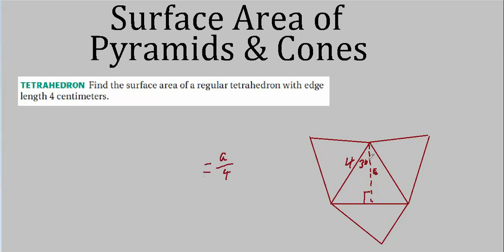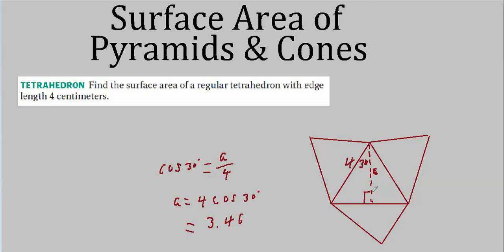Let's see here. Some old hippie. Sine, opposite over hypotenuse. Well, that's not going to work. Cot, another hippie. Let's see here. Cosine, adjacent over hypotenuse. That's what we want. So we get the cosine of 30 degrees. So I can get that A, that's this height here, is 3.46.